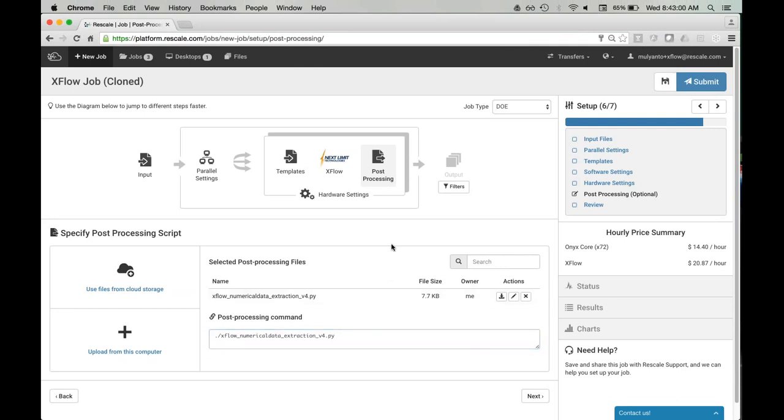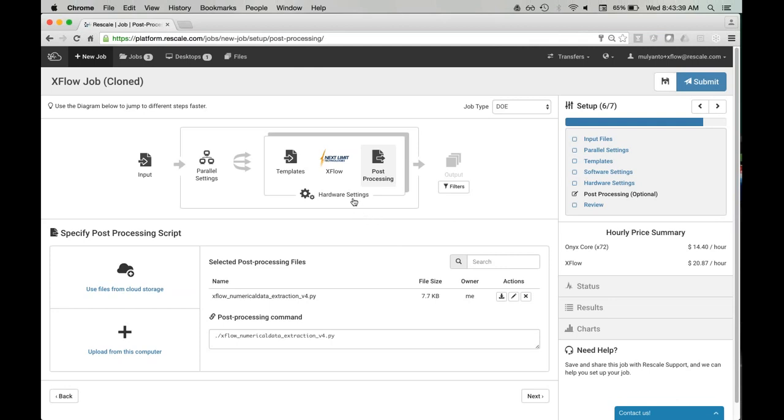So now we're all ready to submit a job. The difference between this job and the previous job is basically having set up a template, specified the variables to populate the template, and uploaded a script to parse out output variables for each run that we're going to run. And so in this case, we were going to run 6 different runs,